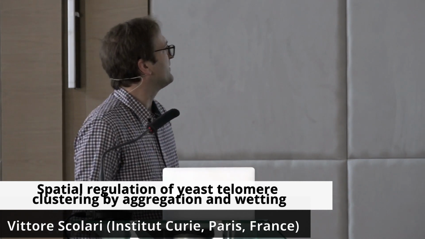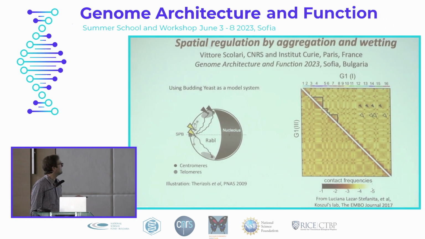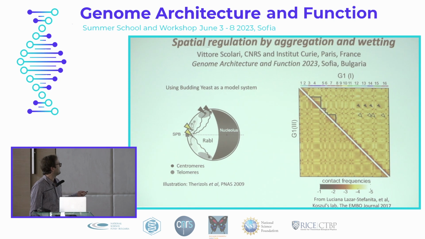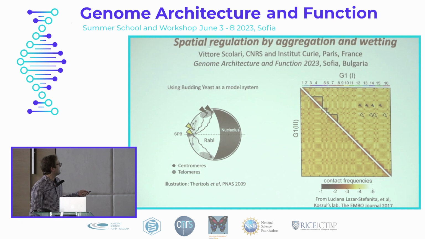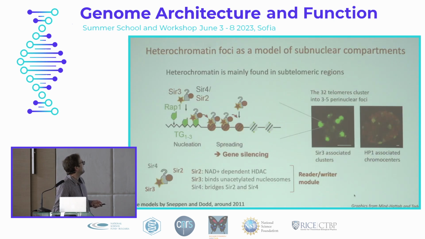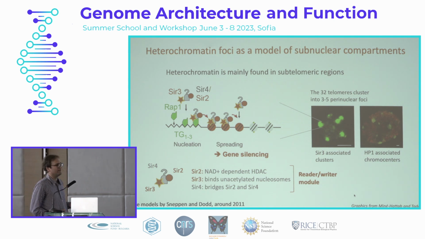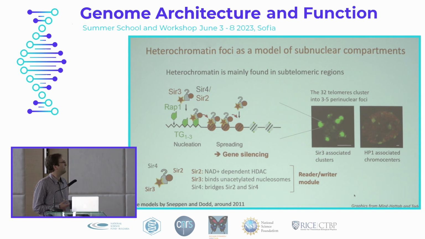The chromatin conformation in yeast corresponds to the Rabl configuration all along the cell cycle. It's a configuration where you have a symmetry axis between the spindle pole body and the nucleolus, and the centromeres are at the spindle pole body, and the telomeres are located preferentially on the nuclear envelope, and they form some association between them. At the telomeres is where most of the heterochromatin is found in yeast, which is not a lot. Heterochromatin in yeast is silenced, and the silencing mechanism is this combination of